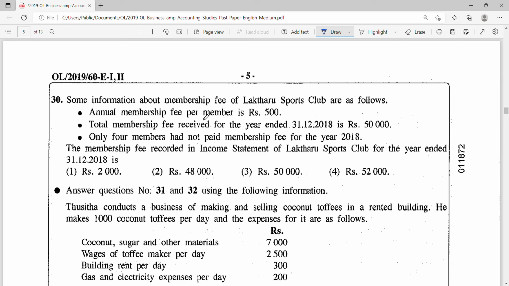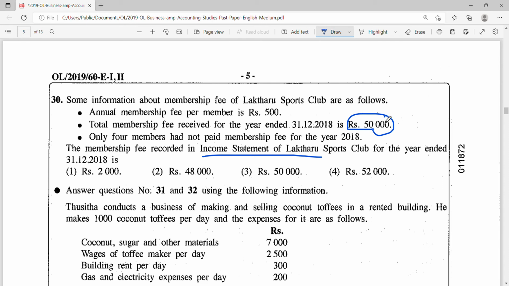Question 30. Some information about membership fee of Laktaru Sports Club are as follows. Annual membership fee per member is rupees 500. Total membership fee received for the year ended 31st December 2018 is rupees 50,000. So only 50,000 has been received. Only 4 members had not paid the membership fee for the year 2018. The membership fee recorded in income statement of the Laktaru Sports Club for the year ended 31st December 2018 is,